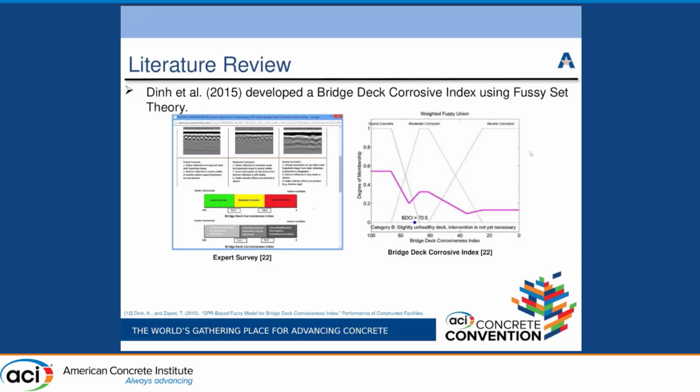So what he did in his research is that, this over here is the result from a GPR condition system. He tried to use that to develop a fuzzy set system that was able to change the results from the GPR system into what he called the bridge deck corrosive index. As you can see over there, you had category B, which means it's slightly on the deck and that information is not yet necessary. So given these results, bridge owners and DOTs would be able to see the exact